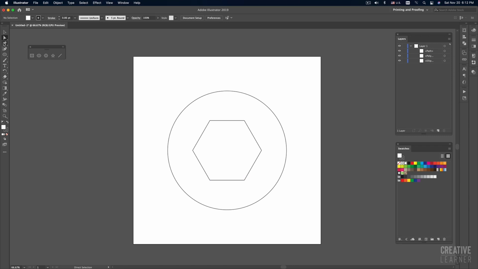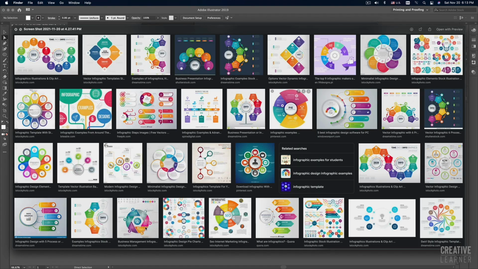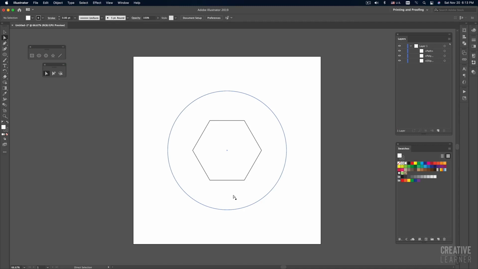Then I can simply use my direct selection tool. This is a really powerful tool in Illustrator, whatever selecting you want to do using the direct selection tool. After I paste it, this is already pasted at the front. So if I bring it down, it is overlapping my side. After that, using the direct selection tool, I can select a side point, because we have this reference that we need to project to the right. So I can just select a point to the right. After that I can simply bring this point